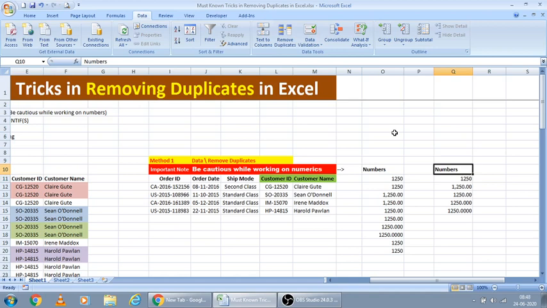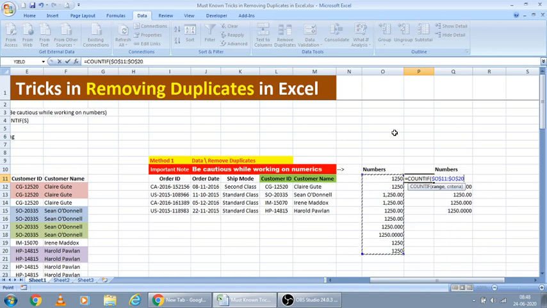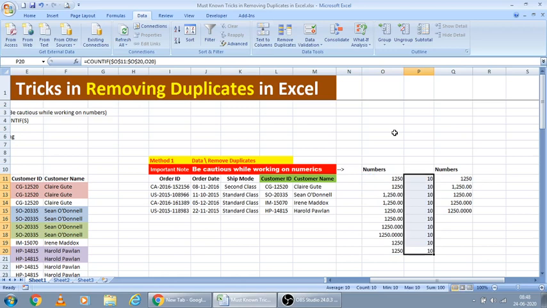Now let us check the second option, concatenate and COUNTIF. Since we have only one column, there is no need to concatenate, and we just apply the COUNTIF formula. Here it is showing all as 10, so it is considering all of them as unique records. So in the COUNTIF method we can remove the duplicates. And the third one, advanced filter.